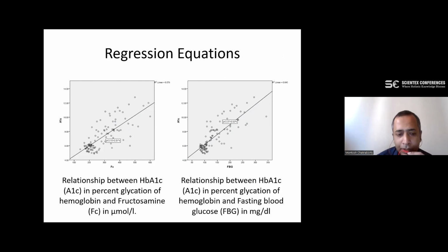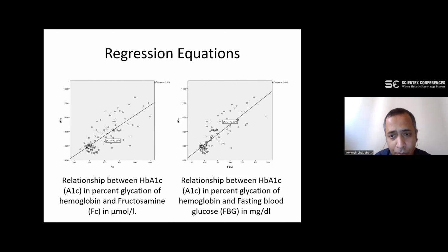Now, we got a regression equation. With this, a regression equation of HbA1c, termed predicted HbA1c, was plotted on fasting blood glucose, as you can see on the x-axis, derived from the data of the study group